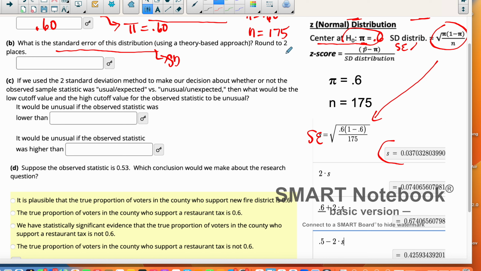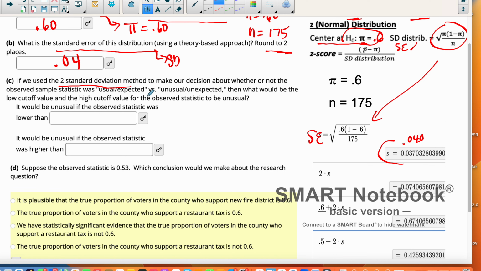It wants it to 2 decimal places. So we've got 0.037, which rounds to 0.04. That's one standard error. So now it says, what if we use the 2 standard deviation method to make a